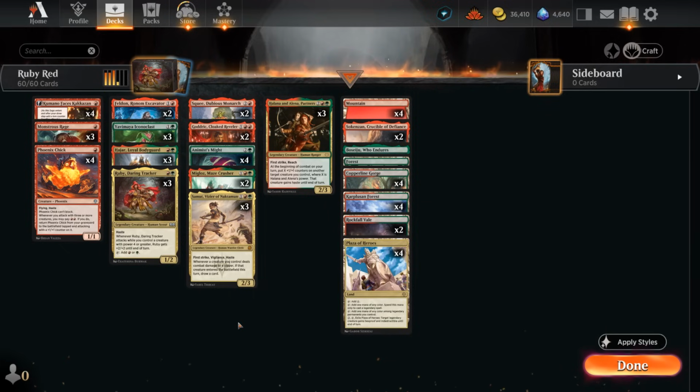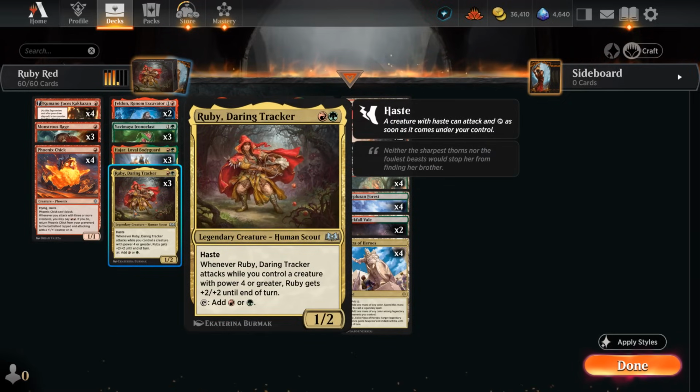Today we're taking a look at a red-green or Gruul aggro deck with a bit of a legendary sub-theme, and one of the new additions from Wilds of Eldraine is Ruby, Daring Tracker, at 2 mana, a 1/2 with haste, and says whenever Ruby attacks, if we control a creature with power 4 or greater, Ruby gets +2/+2 until end of turn, so it can attack as a 3/4, which isn't too bad, and Ruby can also tap to add a red or green, so we can immediately tap it for mana the turn we play it, thanks to haste,